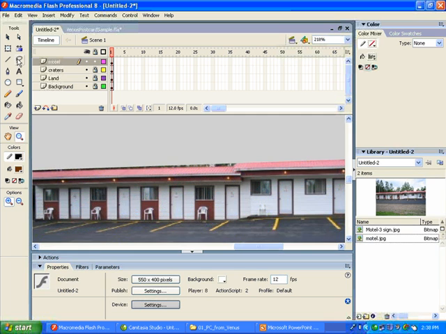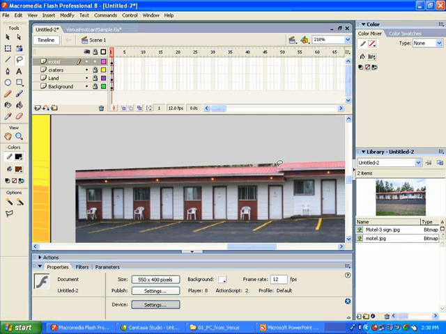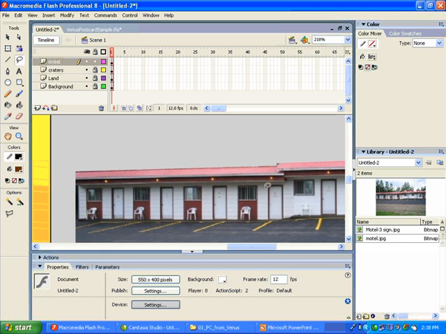Get my lasso tool again. I'll zoom over. Okay, I click in here. I draw my lasso and it knows to draw a straight line. Yay! Now you might want to just go in